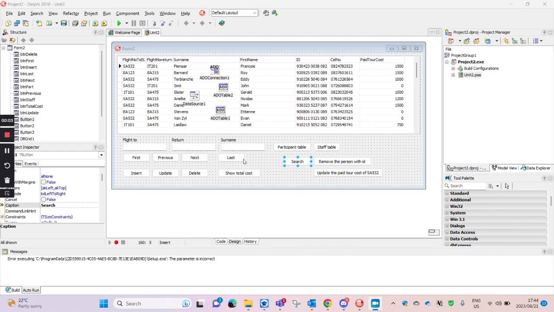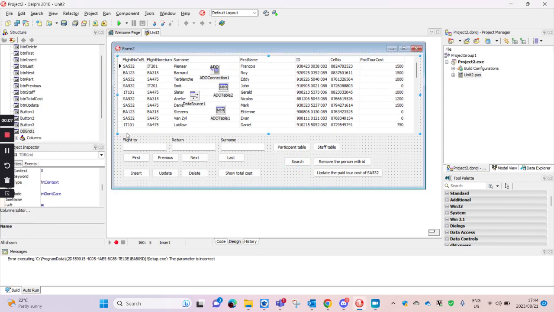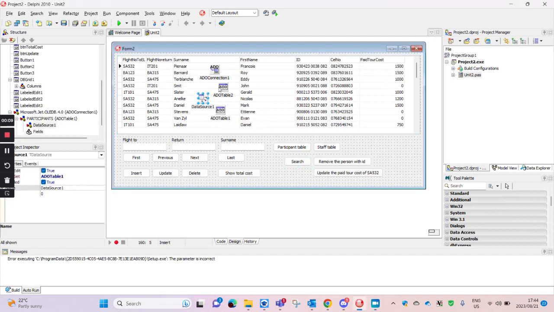Alright, quick recap of what we've been doing. At this stage, we put a DB grid down. We had our components that created a link between our database and our Java program. So we start with the ADO connection. This component connects our program to the Microsoft Access table, so that from here we can then use